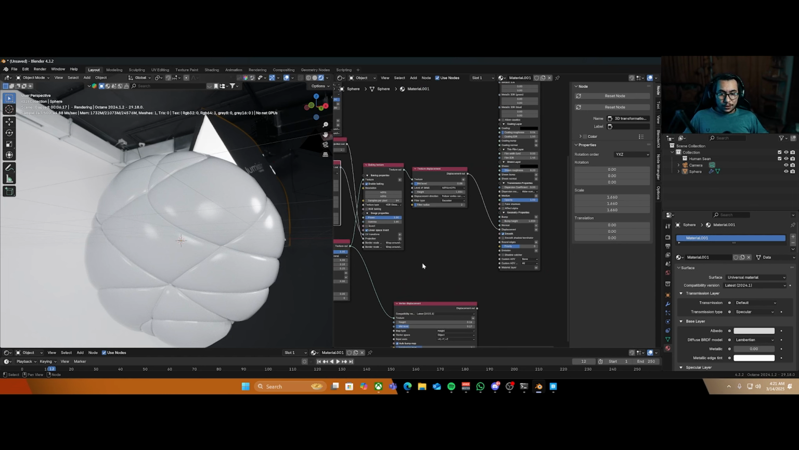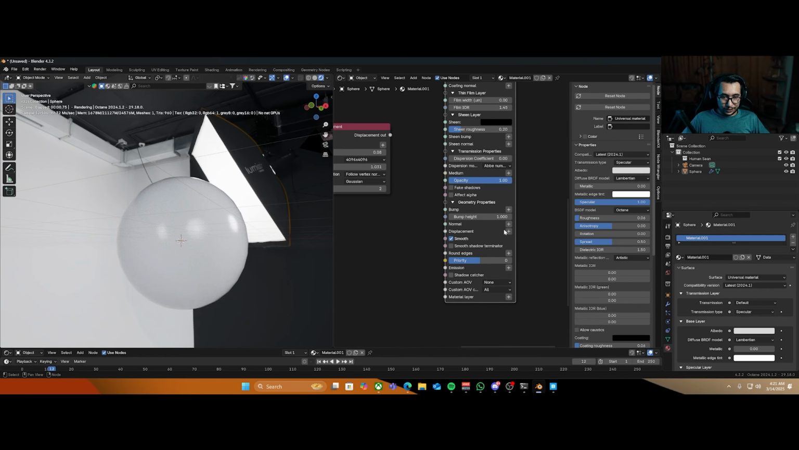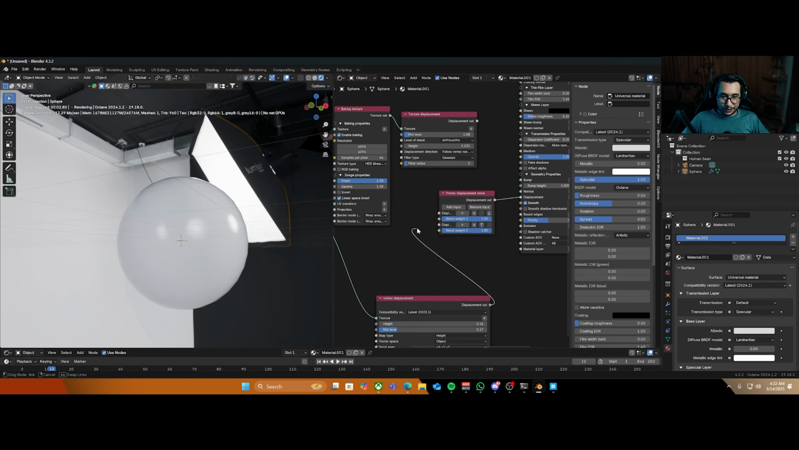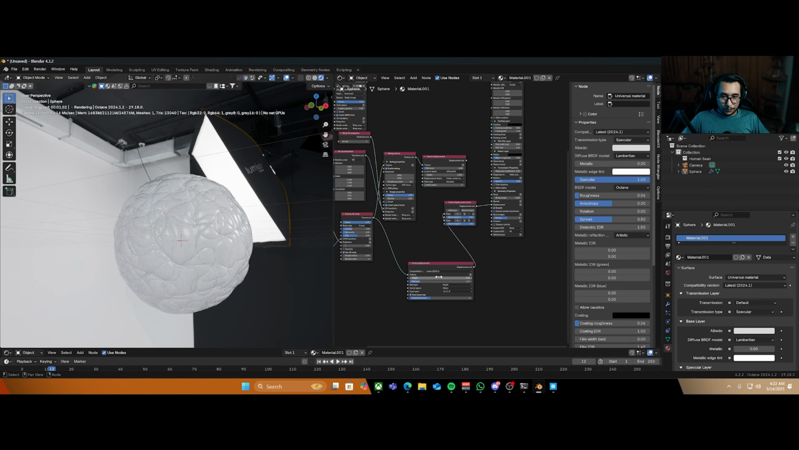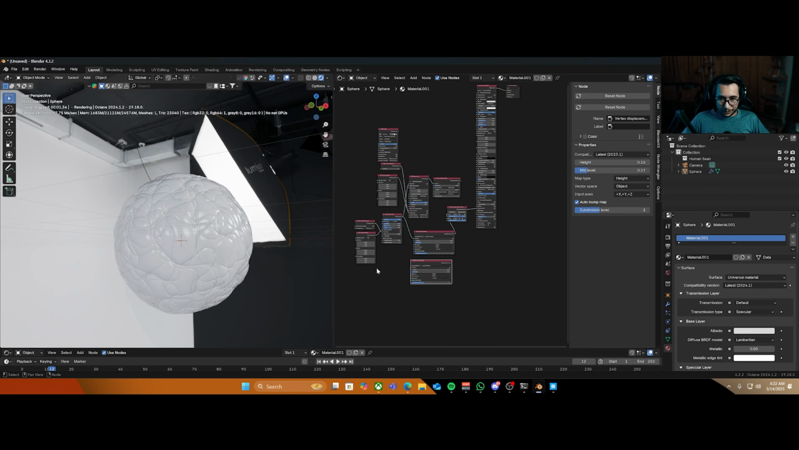So what was the next thing that we had to cover? I'll just disconnect this, click on the displacement. We have the vertex displacement mixer. So what you could do is take your vertex displace, plug this one in, and let's say if I duplicate this